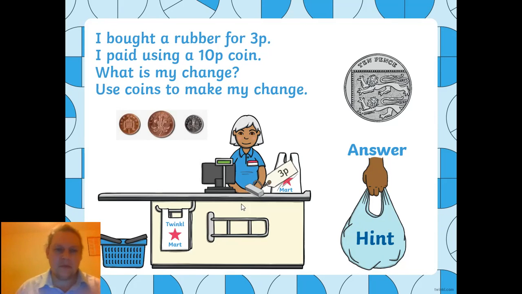I bought a rubber for 3p. I paid using a 10p coin. What is my change? Use the coins to make my change. Okay, so we've got to use these coins to make the change. Well, we've got 10p. We bought a rubber for 3p. So if we gave the lady 10p and our rubber cost 3p, then we have to count backwards